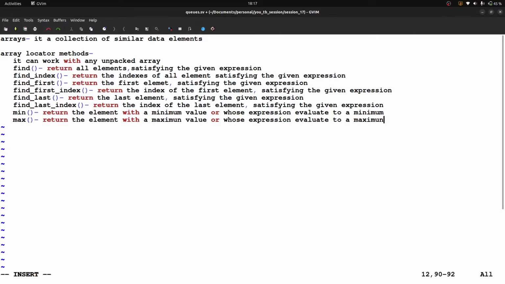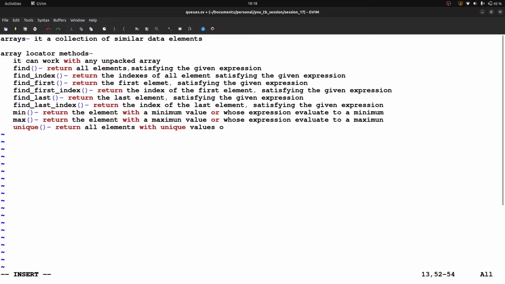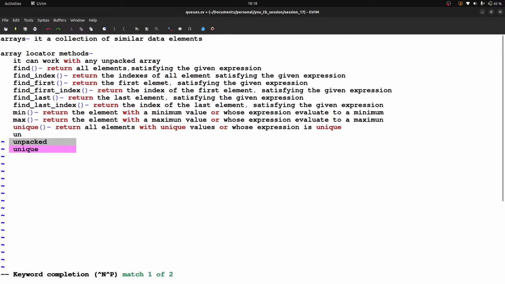Okay, next one is unique. It returns all elements with unique values, or whose expression is unique. Next one is unique index.